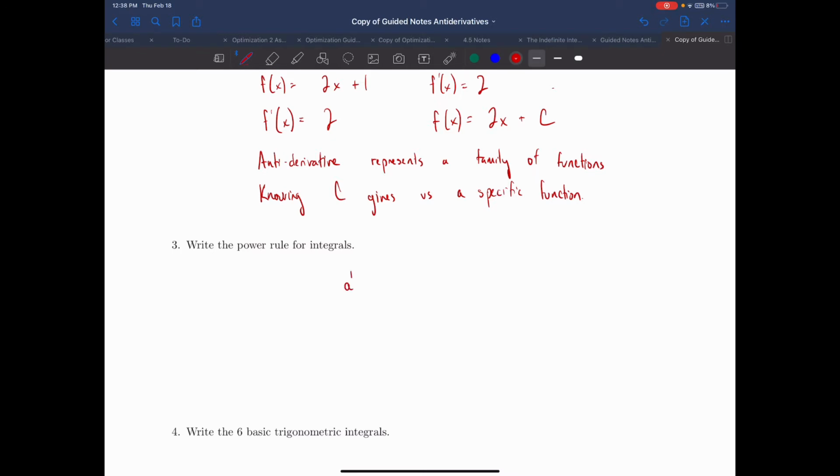You add 1 to the exponent and then divide by n plus 1. So whatever the power is, you add 1 and then divide by n plus 1. This and some trig antiderivatives are the only ones you'll be working with